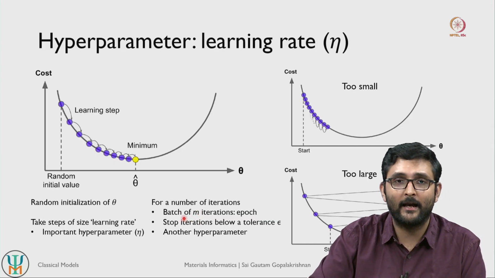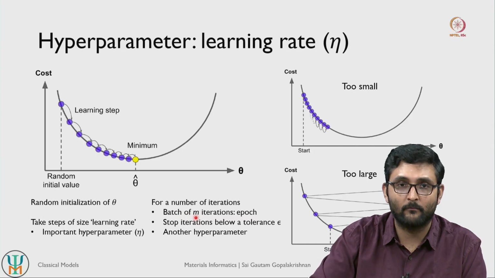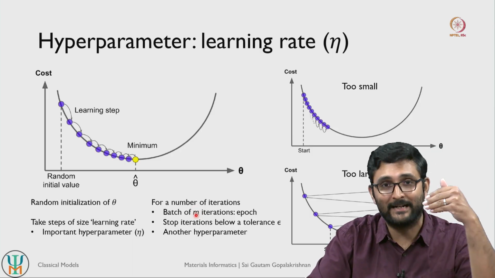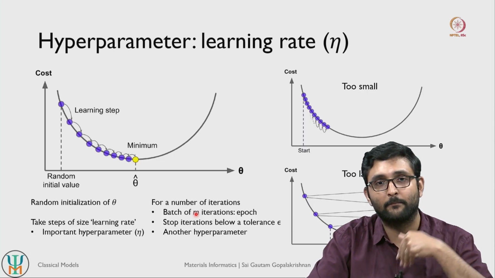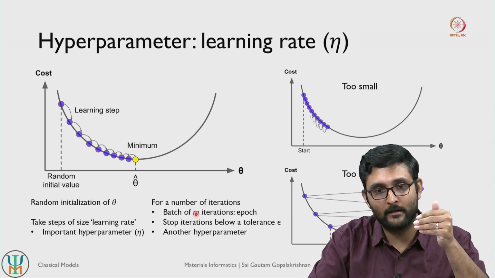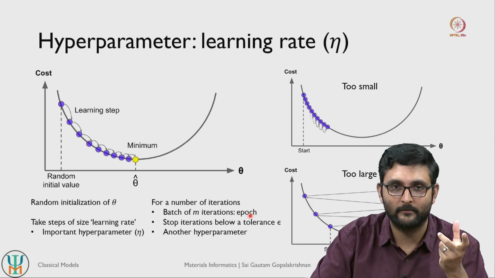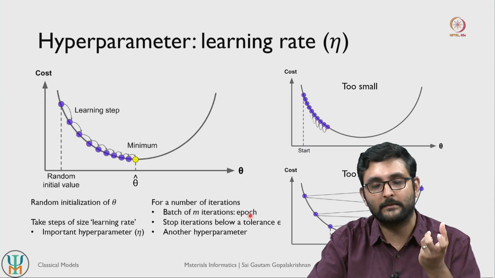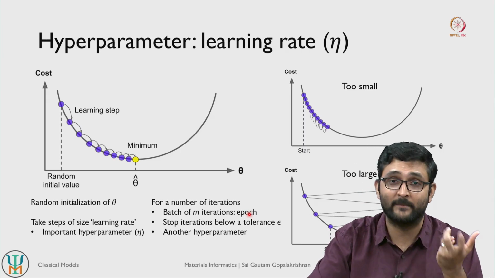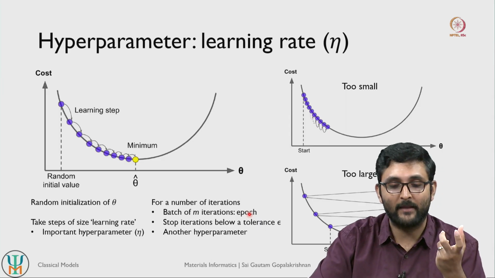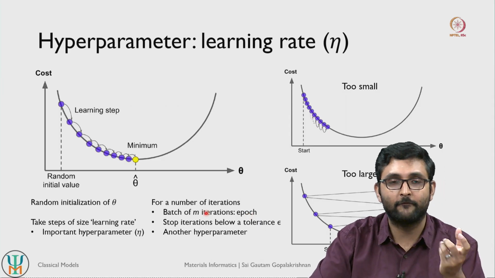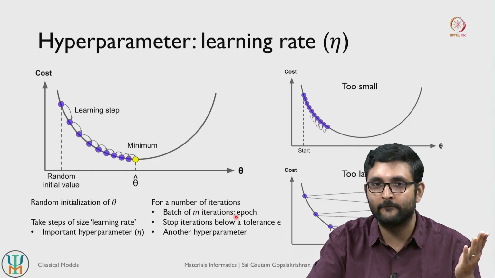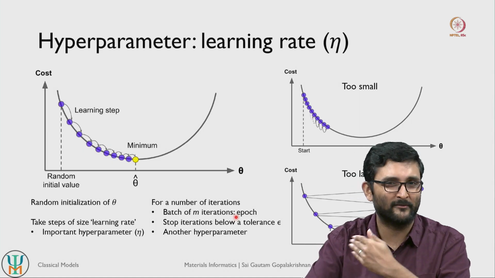So if you have m data points in your model, where m is the total number of data points, and if you complete m iterations, so let us say you have 100 data points and you complete 100 iterations in trying to fit the model, that is typically referred to as an epoch. Normally when you fit machine learning models, the number of epochs is something that you may have to specify, and this is one important hyperparameter, because if you are using too few epochs, maybe the model is not good enough. If you are using too many epochs, maybe the model has overfit.